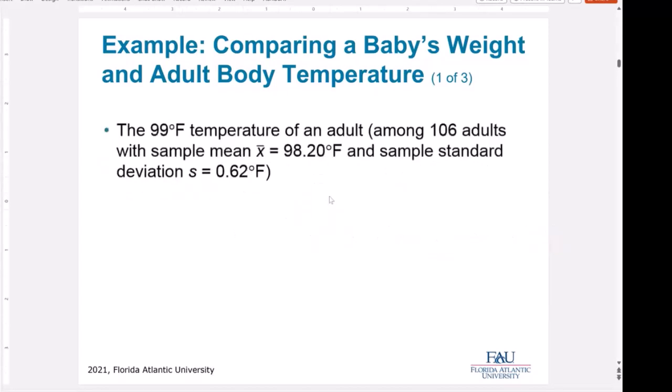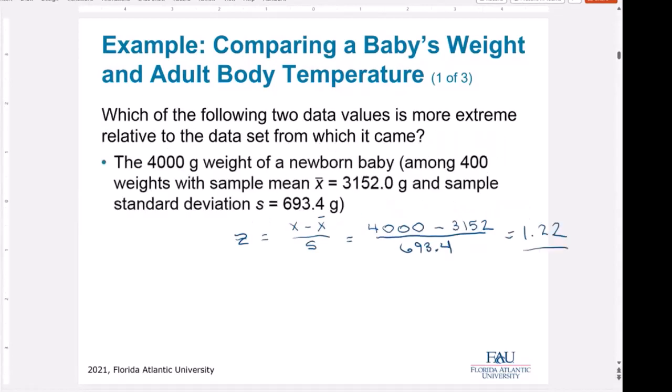Let's do the same exact thing here for our adult temperature. We have Z equals X minus X bar over S. We have 99 minus 98.2 divided by 0.62. This is 1.29. If we compare 1.22 to